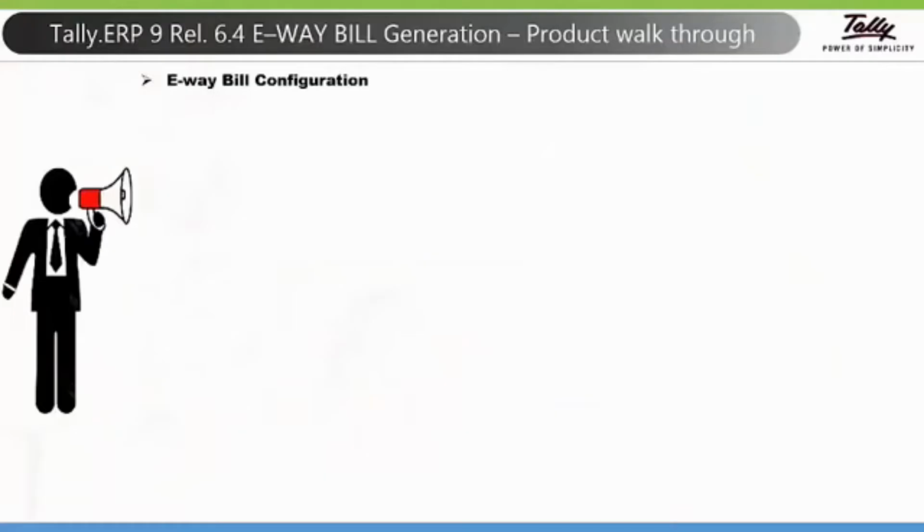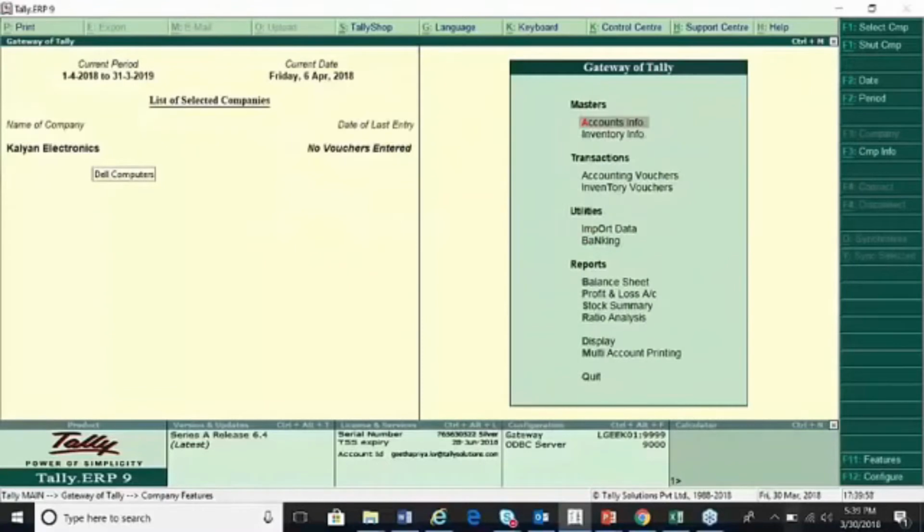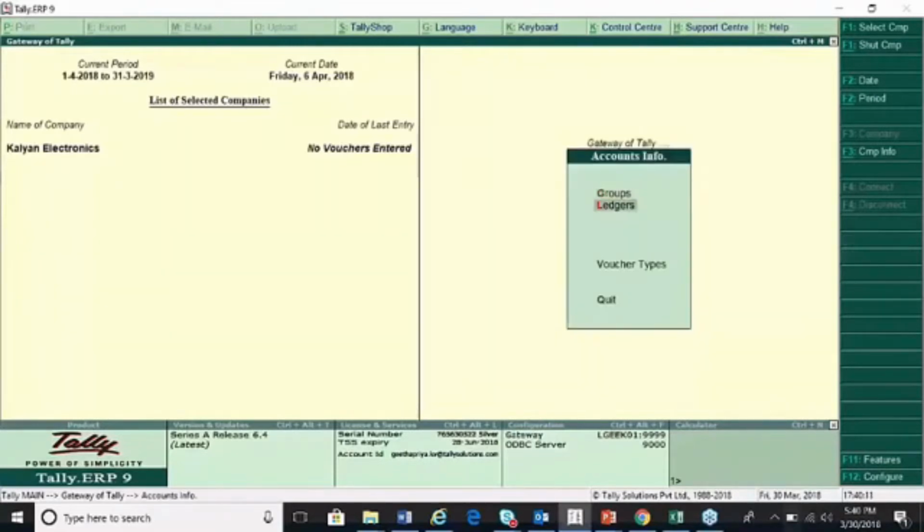Now let us move on to the next, the ledger configuration for a transporter. Kalyan Electronics is availing services from a transporter to transport its goods to the buyer. So let us create a transporter.